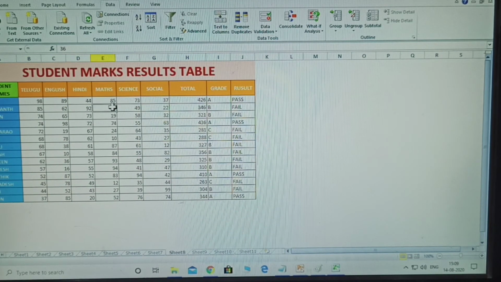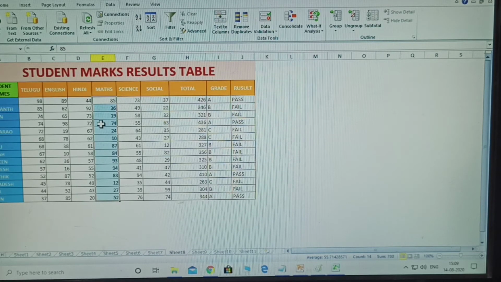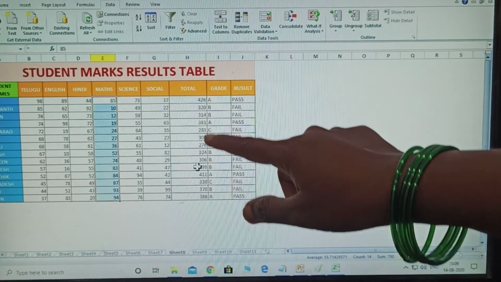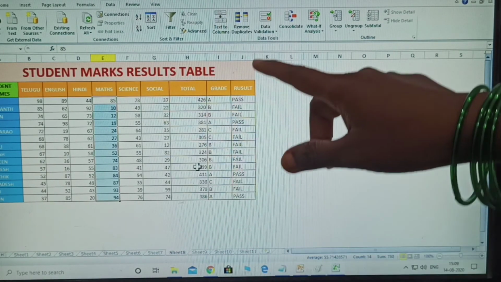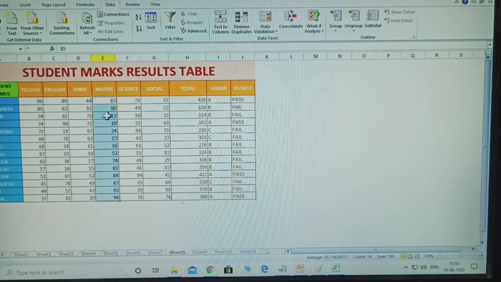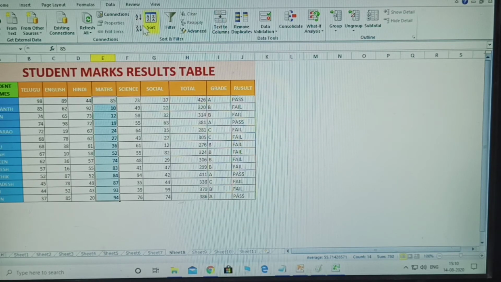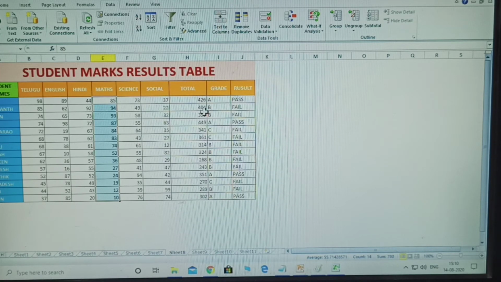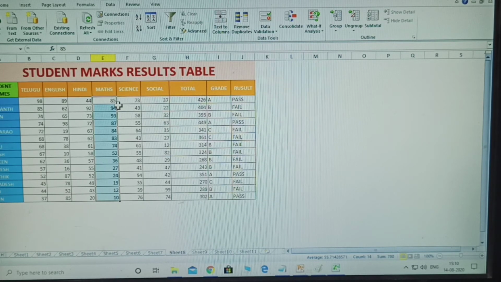Understood? That is the first sort. Next, observe another one. Once you click A to Z with expand the selection, the total, grade and results change automatically. Observe: 94 is at the bottom, 85 is at the top, and the middle ones change too. Now the 404 that was down before is up. So when you select any marks, the total, grade and results change automatically.